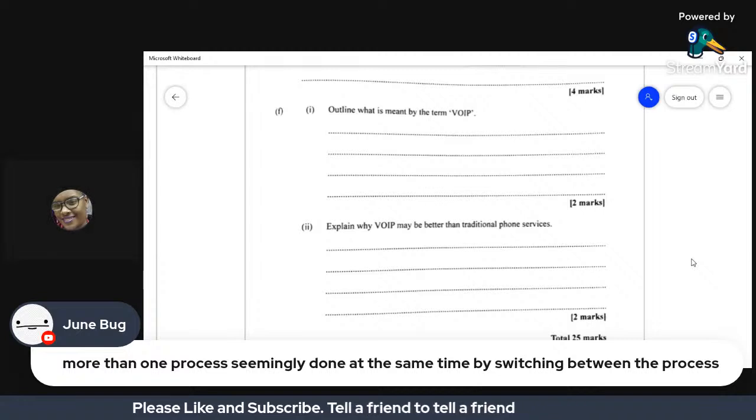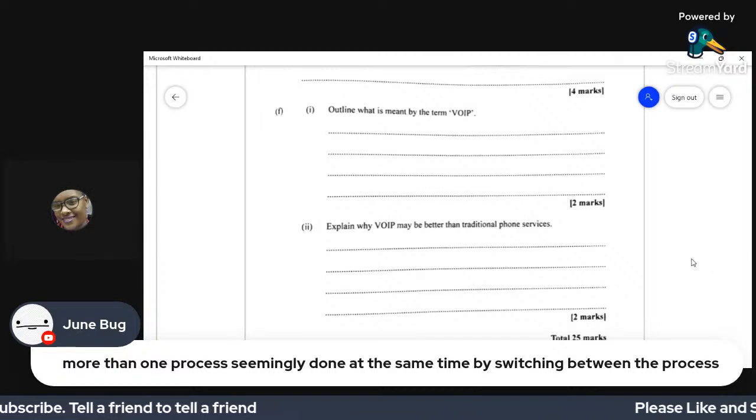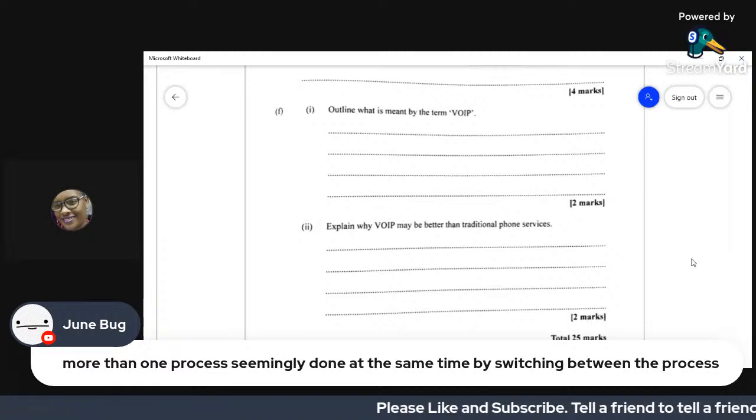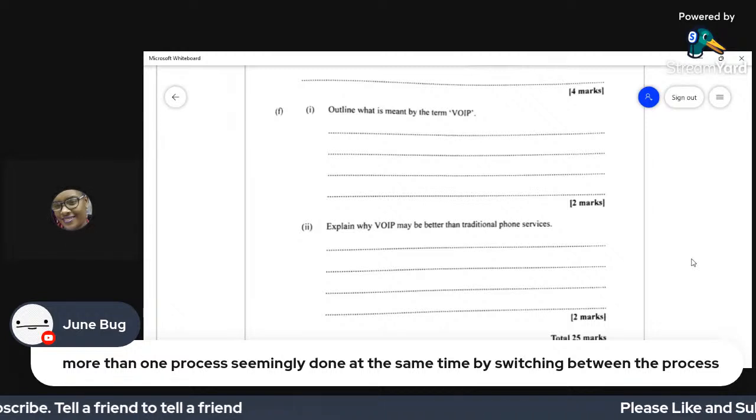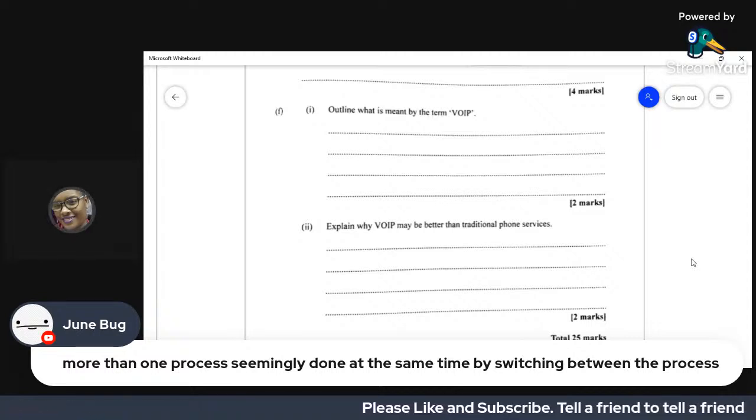Looking at the fact that it is 2 marks, it means that you would have to tell me what VoIP stands for and then tell me what it does, right? So voice over internet protocol is a protocol that allows for voice or telephone or anything like that communication over the internet.